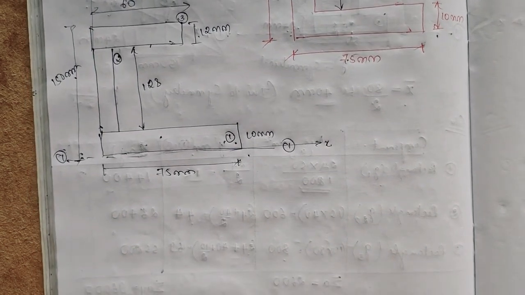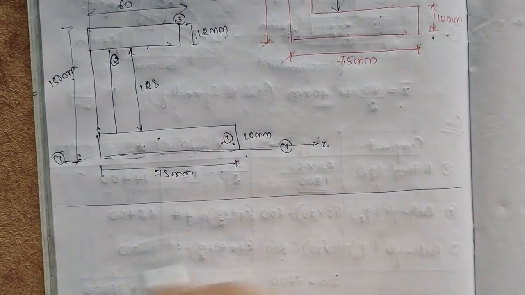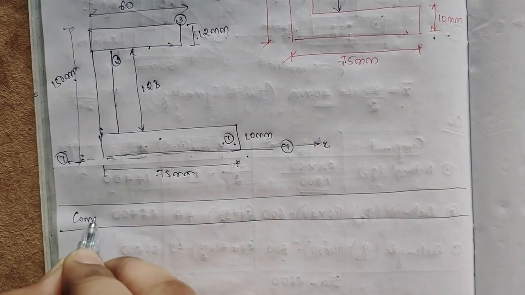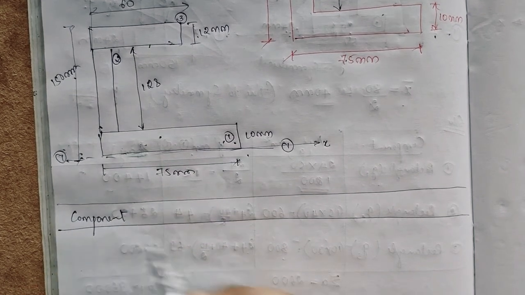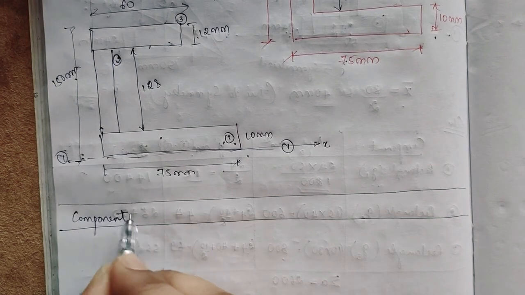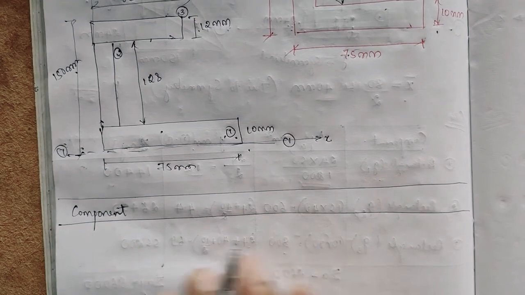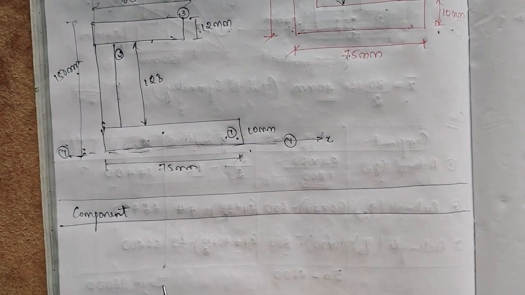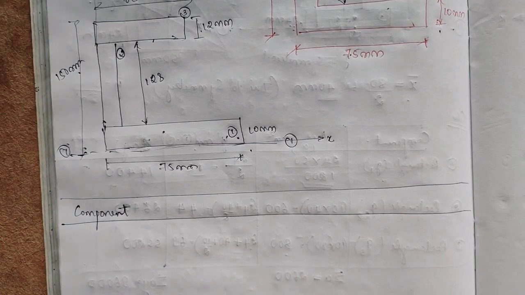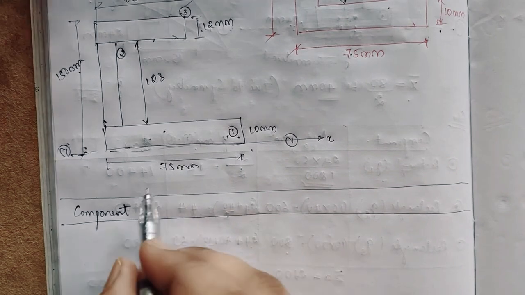So here I can't take any symmetry, so I'll directly go to the problem. So first I'll take what, component, which I divided. So divide the component into regular planes, which we know. It may be rectangle, square, triangle. We also know the center of the triangle, we also know the center of semicircle, sector, quarter circle, like that. Whichever we know, we will divide the figure into that plane.